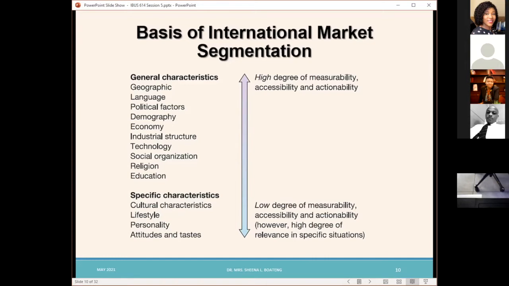However, when we come to the lower degrees of measurability, accessibility, and actionability, we can see that it deals more with specific characteristics, meaning that when we are talking about these characteristics, the level of measurability is less. And the ability to help us clearly determine how accessible and actionable a market is is somewhat specific, right? So for instance, if we generally talk about the lifestyles of people in North Korea versus the lifestyles of people in Ghana,